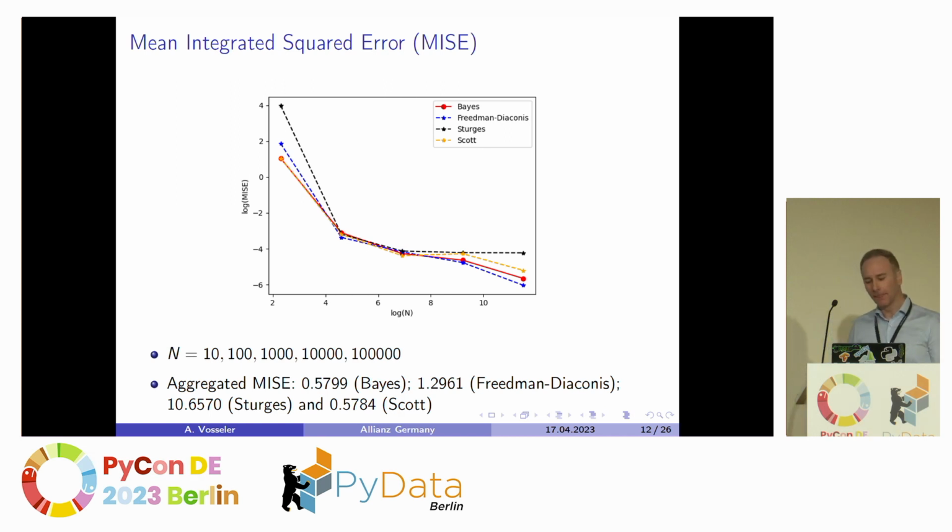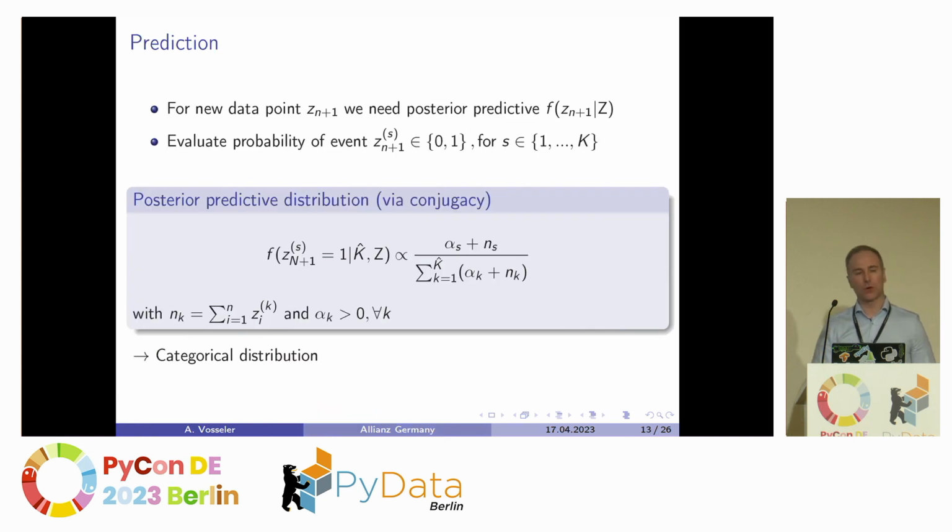And you can see from the figures that the red one is the base estimate, so this performs quite decent, I would say. And when you aggregate everything over the different sample sizes, which we term here aggregated MISE, then this is very close to Scott's rule, which is a little bit better here. So this seems to work. So actually we want to do anomaly detection, so how can we go there?